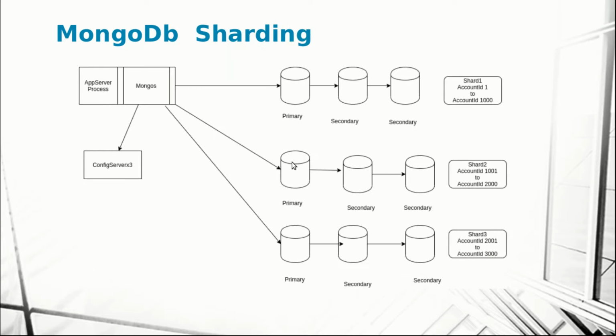So let's see how MongoDB sharding works. Now sharding is the principle behind MongoDB achieving horizontal scalability, right? So this is how sharding works in MongoDB. So in your application server, you have MongoS. So MongoS is a process that is installed in your application server, right? And also you have to deploy 3 configuration servers, right? I'll tell you why these configuration servers are needed. You have to deploy at least 3 in order to achieve availability and failover.